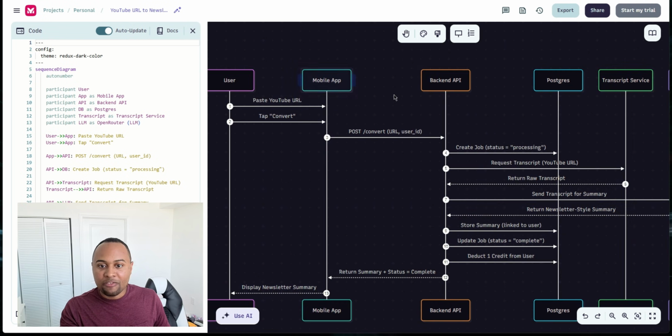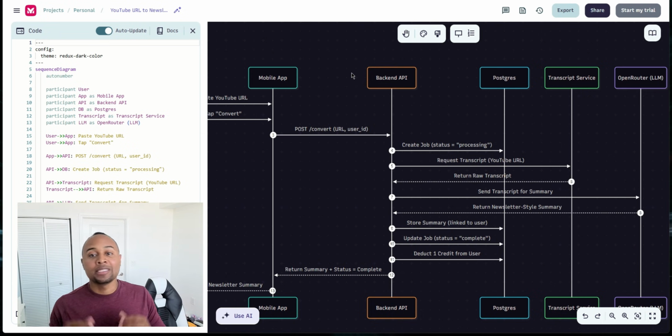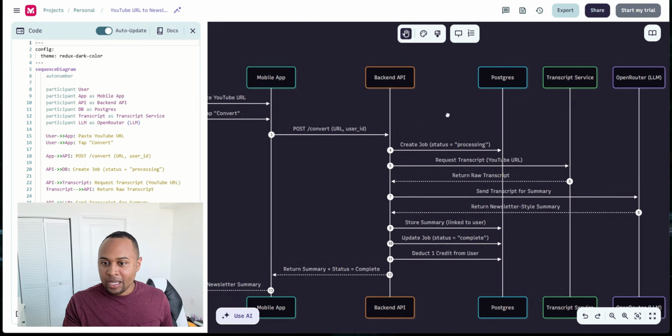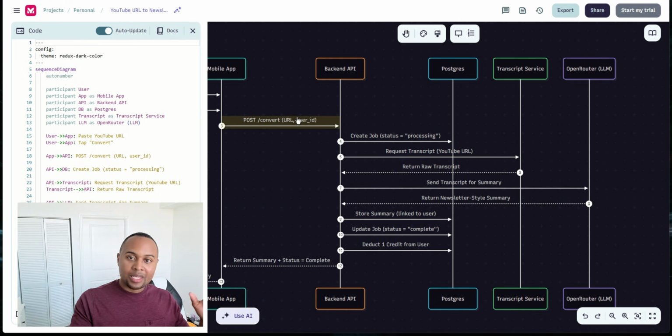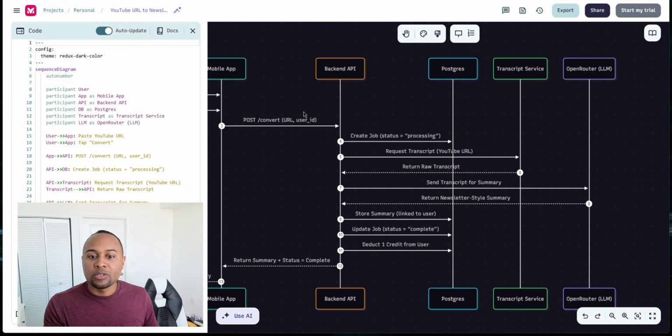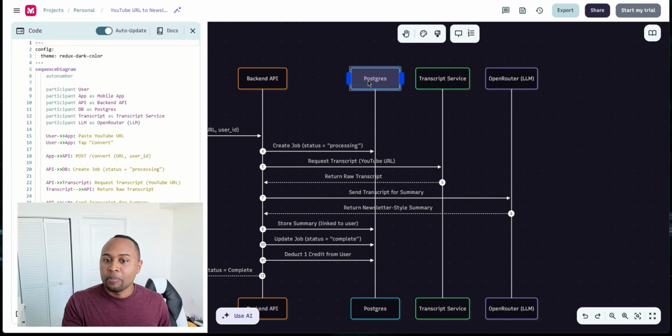So what's happening is that from the mobile application, it's actually sending a POST request to my backend. So I built a backend using FastAPI. It's literally my go-to backend for building these kind of backend APIs and services. So I have it built in Python and FastAPI. And so basically it's sending the user's JWT, right? So I'm using Firebase for authentication. So a JWT token, just note that it's basically a token to help me verify who the user is. So it's sending that information with the user information, the URL,